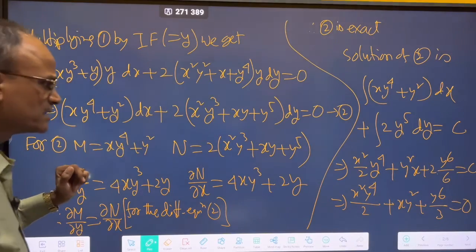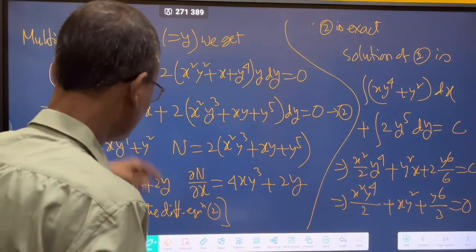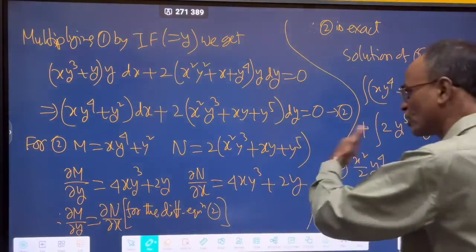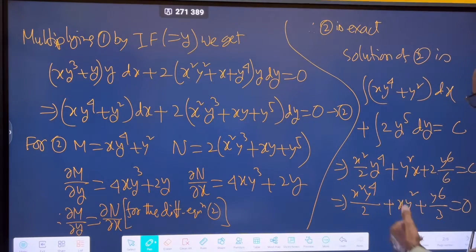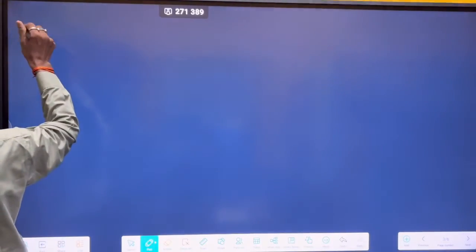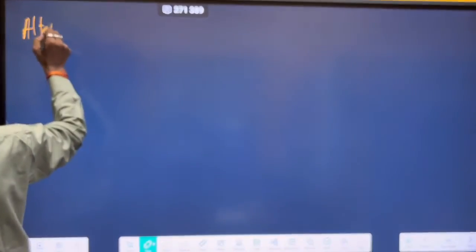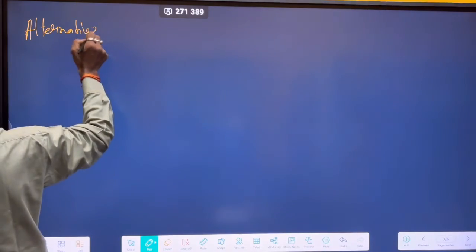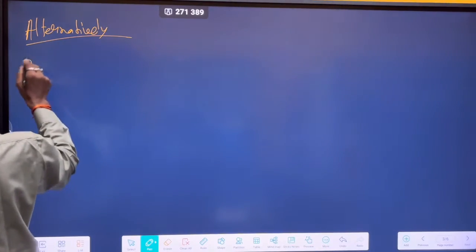Therefore, 2 can be solved in the alternative way also. Let's suppose 2. Again, alternative method. Alternatively, 2 implies